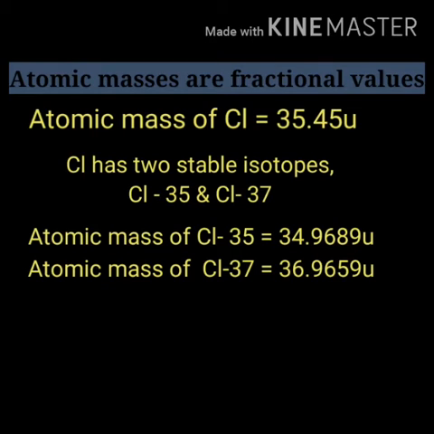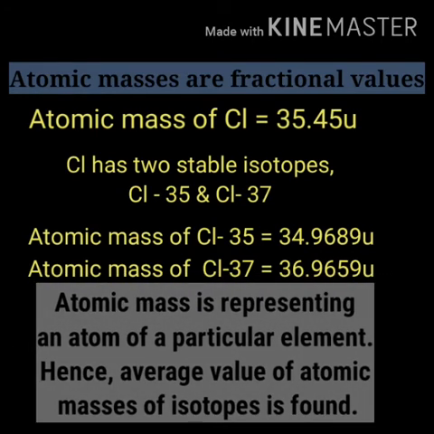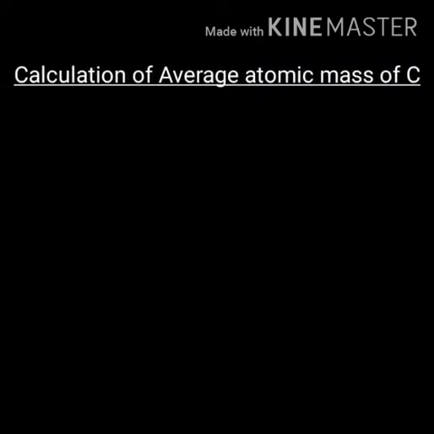If an atom has isotopic forms, we have to calculate the average atomic mass of that atom by considering the abundance of different isotopes in nature. As we are taking the average atomic mass, decimal points may appear in the atomic mass values. I will explain this using the case of carbon. Let us calculate the average atomic mass of the carbon atom.